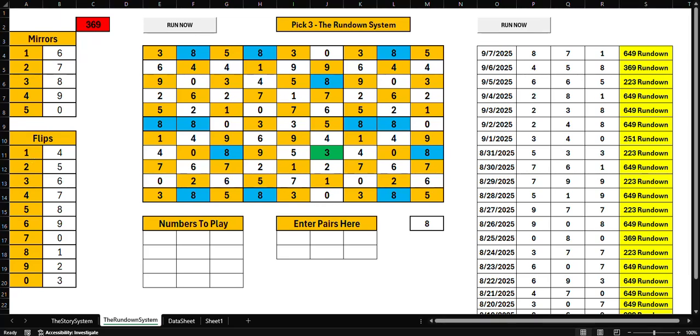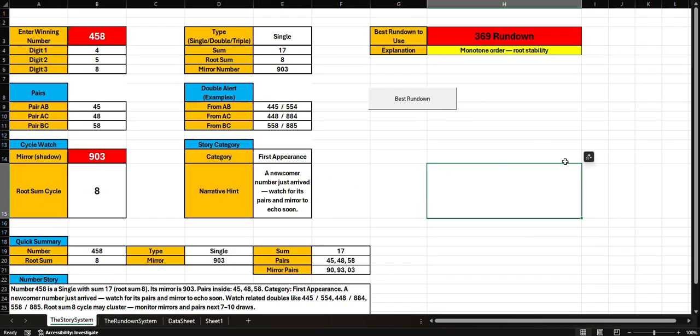I'm gonna go ahead and do a quick video here for you guys on the Pick 3, the rundown system, the story system that I have here for us. So we're gonna just dive in here, and today we're gonna be working on the Pick 3,